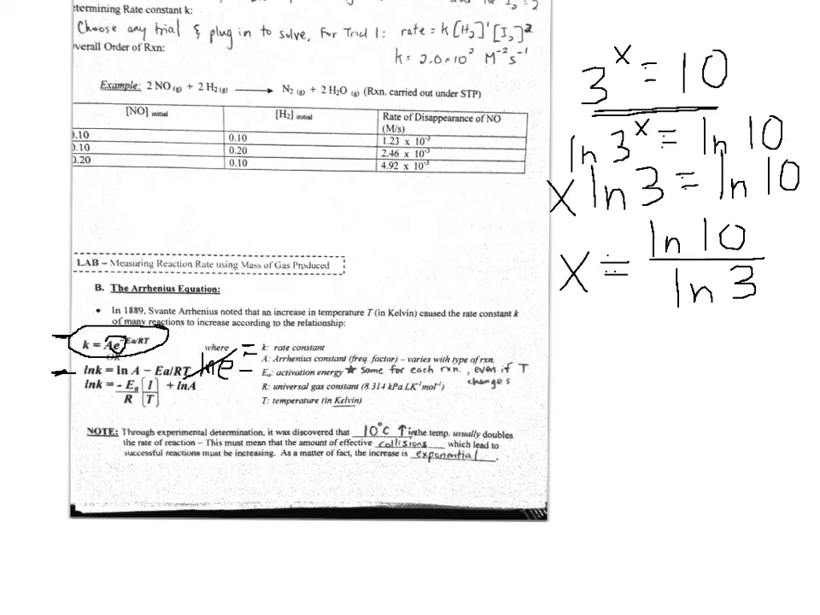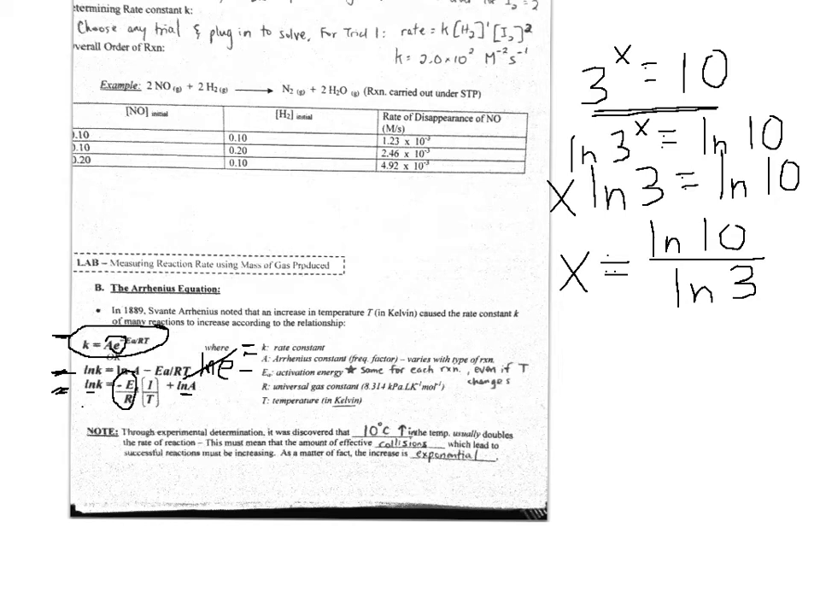Once we get to this point, we can rearrange the equation another way, and you'll notice that we've got a couple of constants here. There's a constant, there's a constant. The activation energy is a constant, and the R, which is the universal gas constant, also a constant. So this is fixed. What's changing is the temperature,